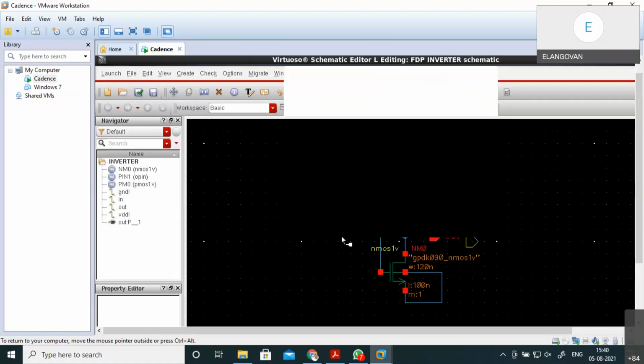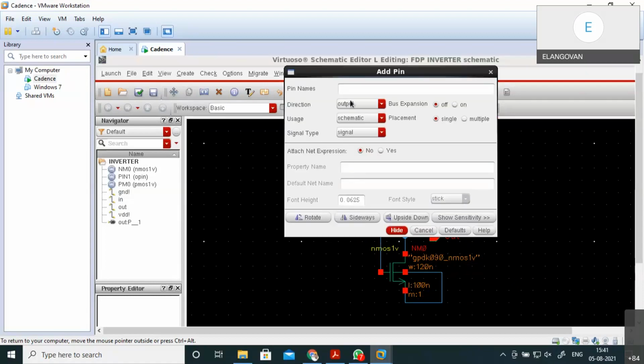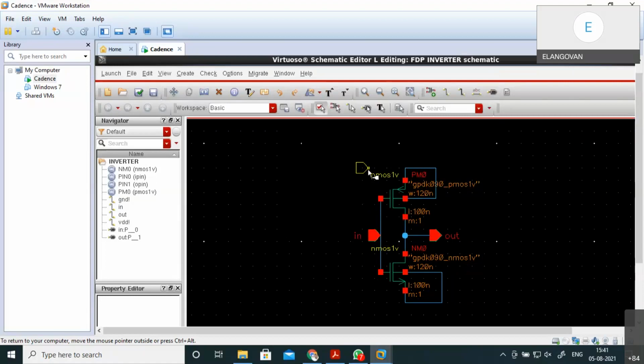Sorry, I took it as an output, but it should be an input, VDD and VSS. Everything is ready. So hide that value. Here you can choose input, rotate. There you can place your VDD. Again rotation. Output. So your schematic is ready for the symbol.